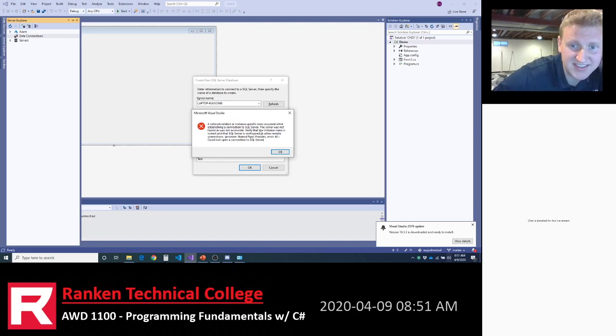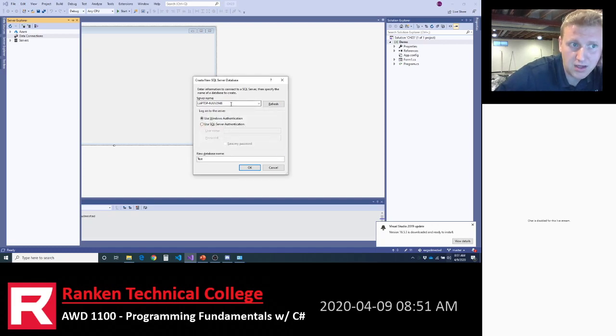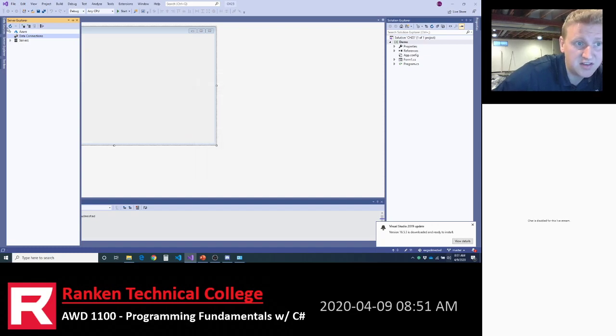Yeah, what this is saying is it can't find the connection to SQL Server. And so sometimes, let's look at servers. Yeah, I don't have SQL Server running, so I need to go back to the installer.